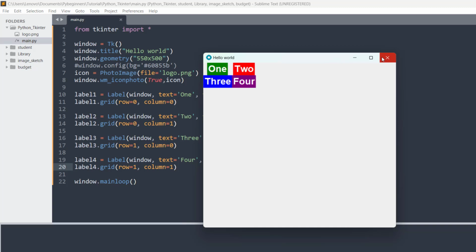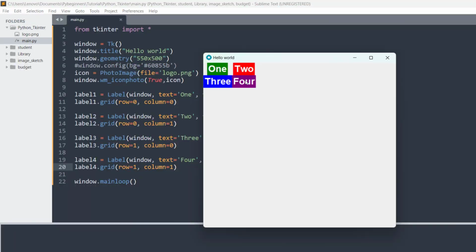So those are the geometry managers in Tkinter. They are very useful for you to organize and create your layout. So that's why, for example, I prefer to use grid in combination with place. I think it's easier because, to be honest, Pack is very difficult to know its behavior. You don't know properly how it's going to behave when you use it. So I prefer grid, because with grid I can control it, and with place I can place things wherever I want. So I use those two more, place and grid.